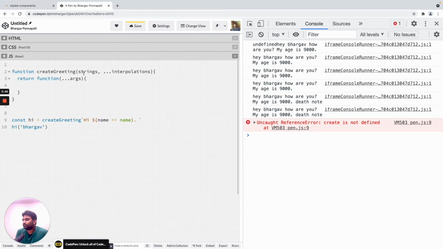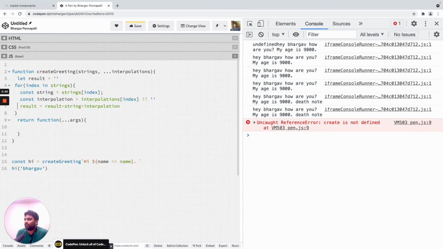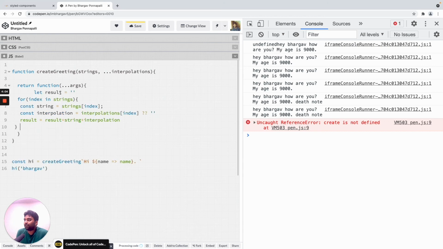What we did earlier was that we tried to interpolate all the strings over here, but instead of creating the interpolations there, we'll just move this into an interpolated function over here. Let us say we didn't have hi Bhargav, any of that.